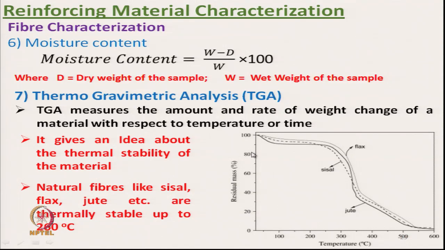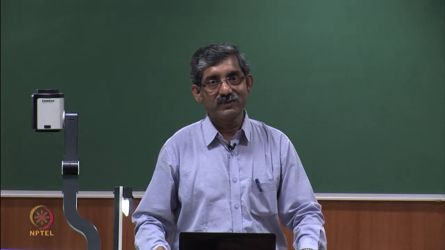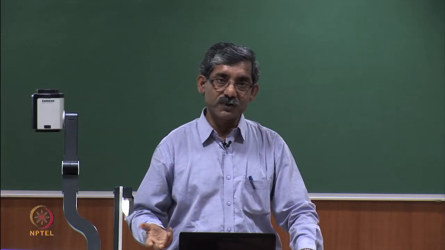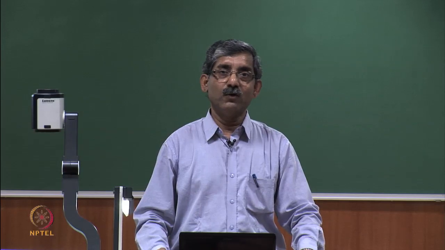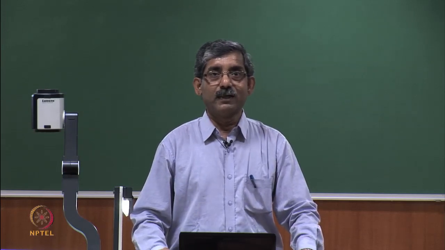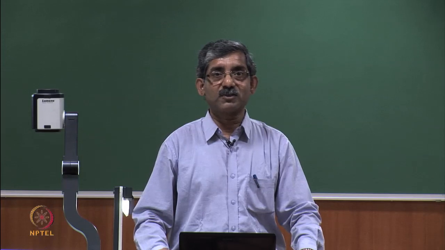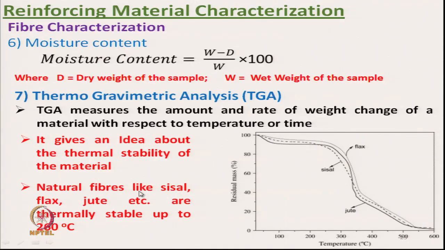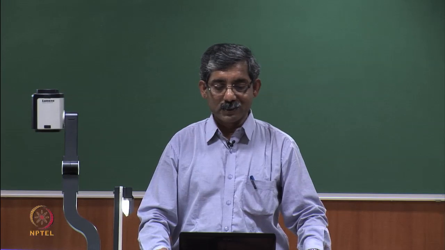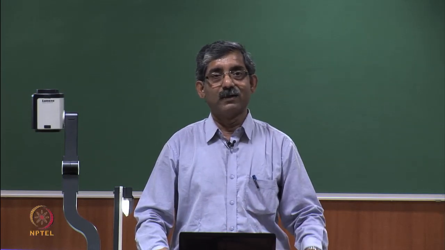So, once the material is heated at very high temperature, the material loses its weight due to internal structural change, internal decomposition. So, that will show with this curve. It gives an idea about the thermal stability of the material. If the material is not stable, that means it will lose its weight, the residual mass will be less, and